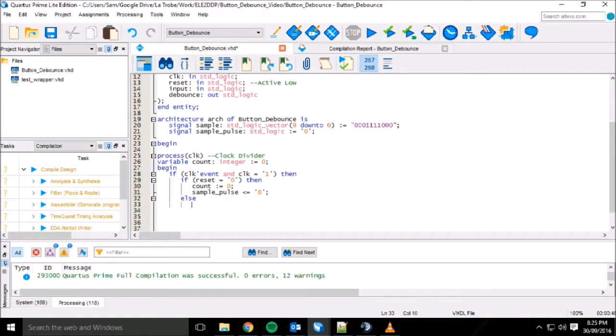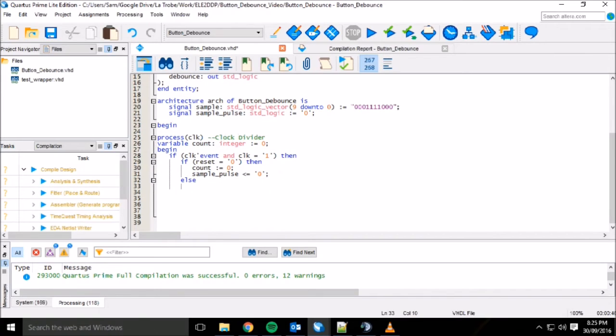Else. Now we do our counter. If count is less than delay, then count is just going to increment, and we make sure that sample pulse is still a 0. Else, count resets, and sample pulse